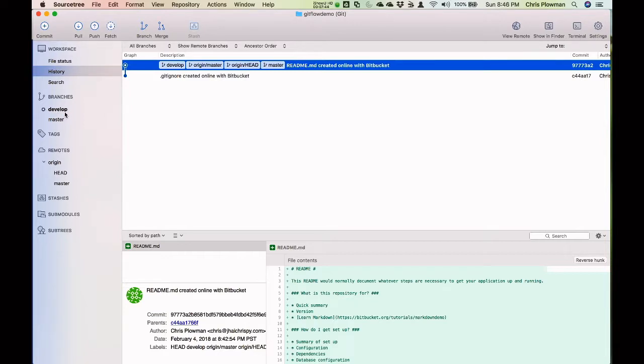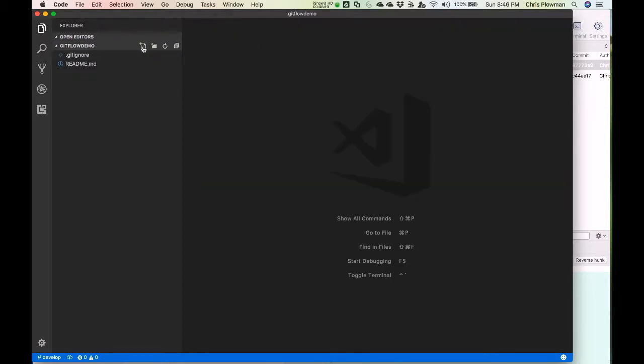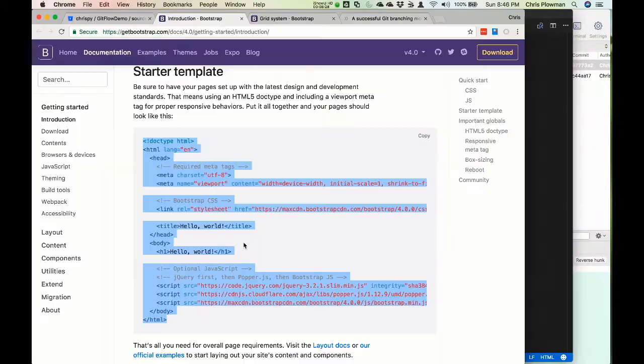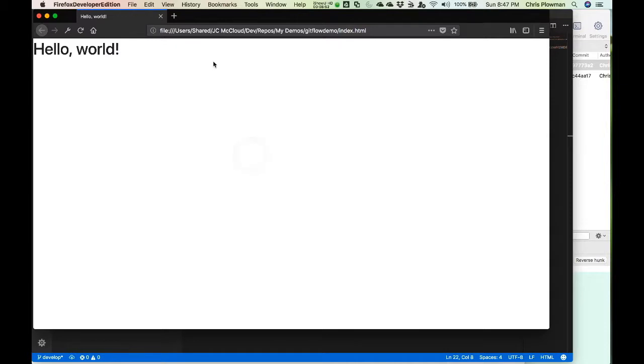Now, just so I can tell my develop branch apart from my master, let me go ahead and create an initial file for this project. So let me open the folder that has my local repo up in Visual Studio Code. I'll close the welcome message, and I'll create a new file in here called index.html. And I'll just copy the starter template from Bootstrap. So I'll just save that, and we can launch that over in our browser to see the simple hello world